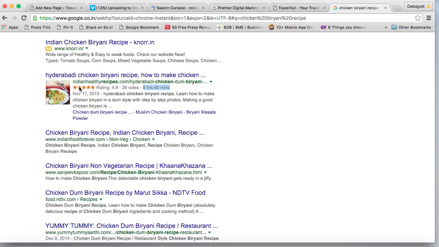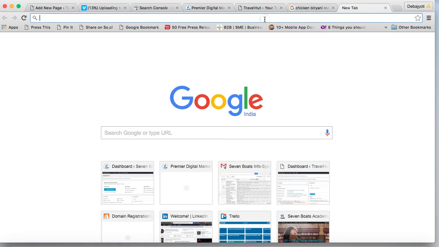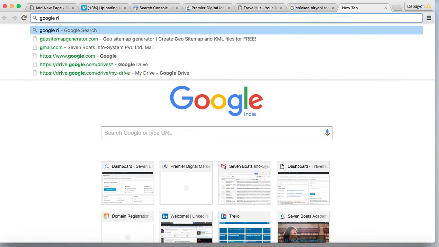Now the question is how to add this Rich Snippet to our website. Now there are two ways. First of all, if you are using a WordPress website, or if you are not using a WordPress website, there is a tool, that Google developer tool, that they are helping with some kind of source code to put it on your page. So we search in Google with Google Rich